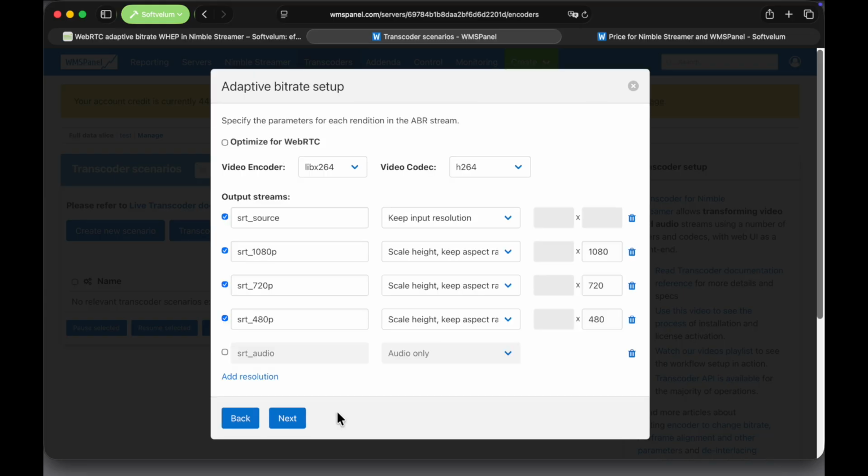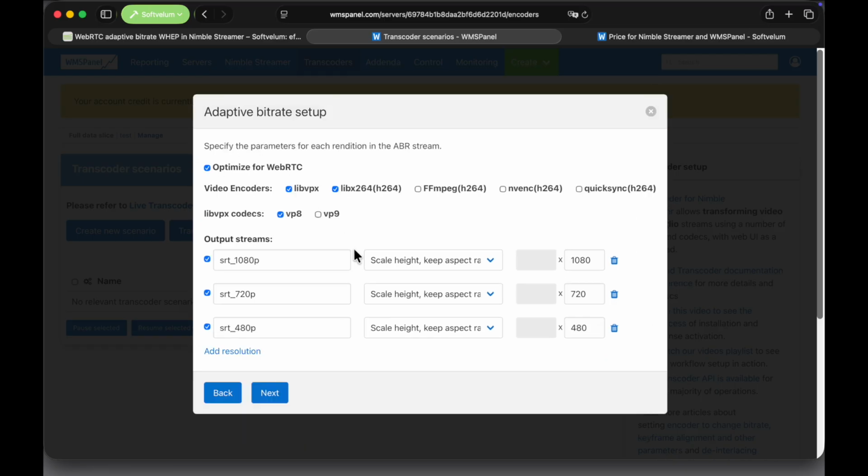On this screen, we configure the specific encoding parameters for the adaptive ladder. First, make sure the Optimize for WebRTC checkbox is selected, as this tells it to create a scenario with WebRTC compatible codecs. For the video encoders, we have both libVPX and libH.264 selected to provide the best balance of efficiency and